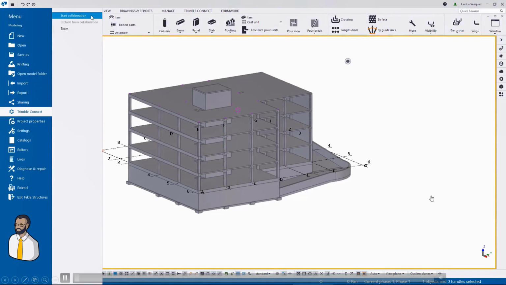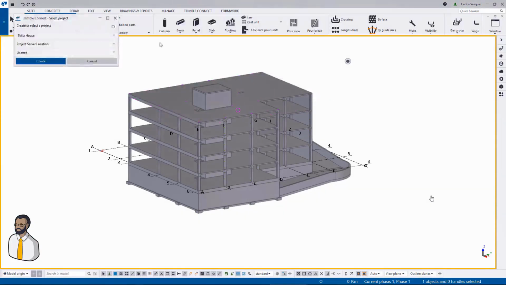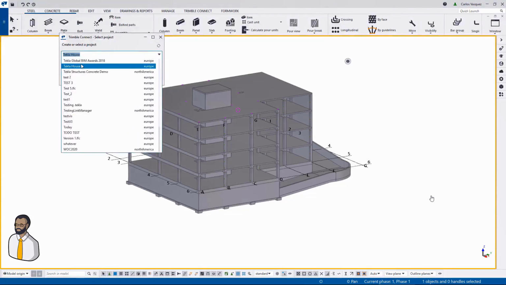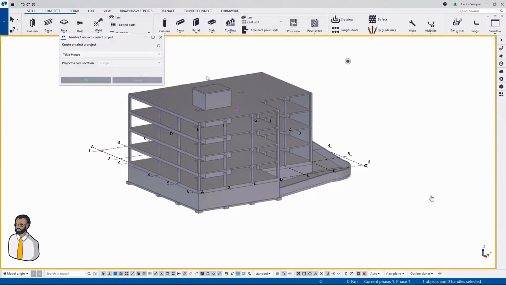So we start with our main modeler, and he will start collaboration, meaning that he will link his Tekla Structures model with a Trimble Connect project that already exists, or he can create a new project as well in the same window. Here he's joining the Tekla House project,